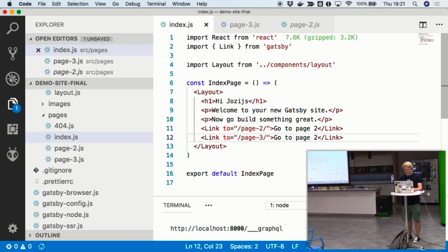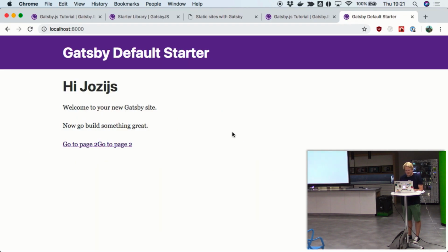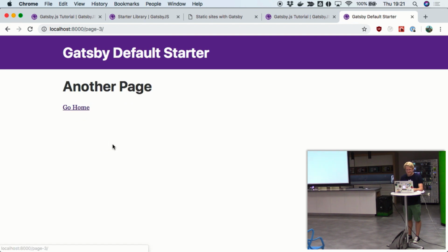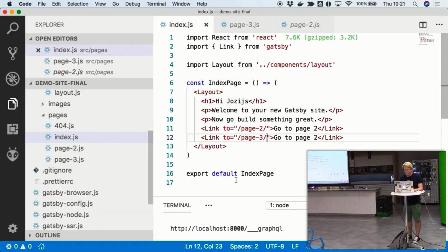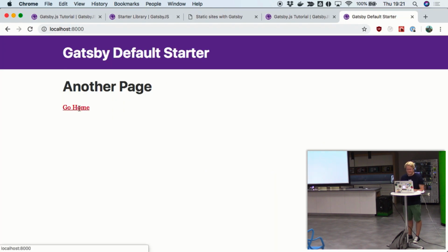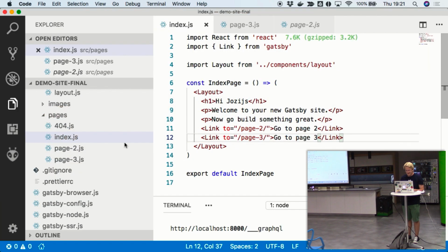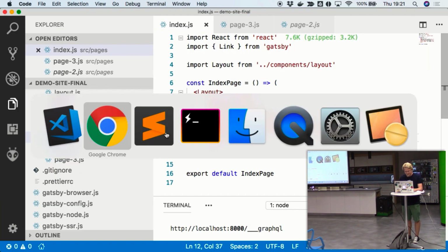I don't think you actually need the dash, but cool. Sorry, but that's actually page 3. Okay. So now we can go to page 3. So, without a lot of work, I've got some pages, which is great.